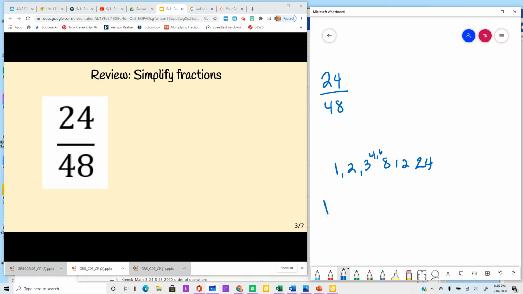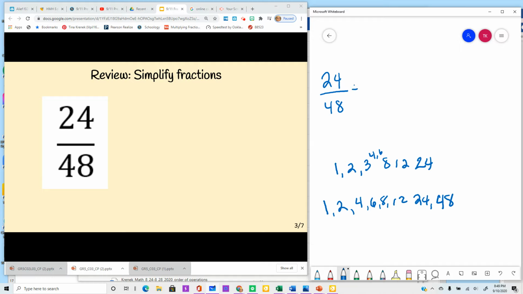So if we look at 48, we have 1 and 48, 2 and 24, 3 times, don't think 3 goes into 48, 4 times 12, and 6 times 8. So this is one way that you can identify the greatest common factor,